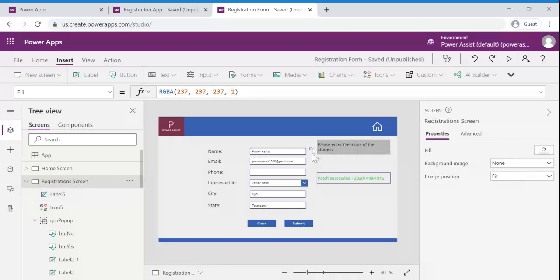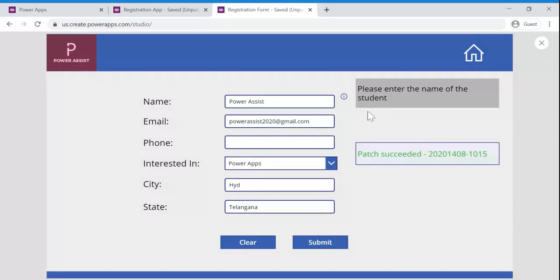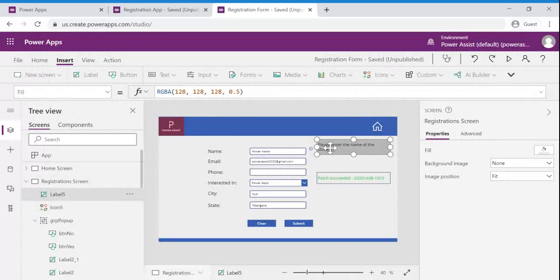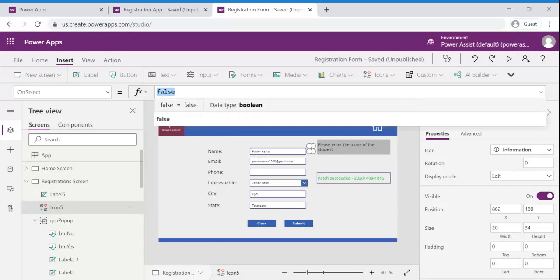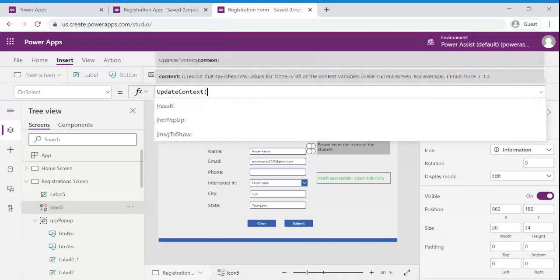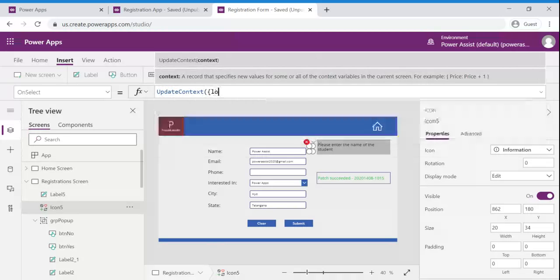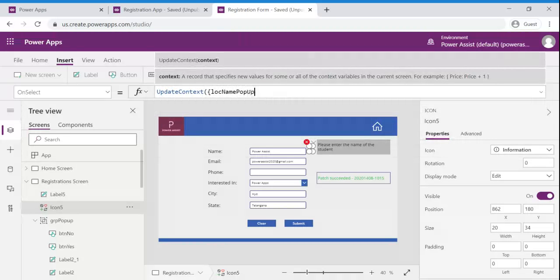Let us say when the user comes to the screen and clicks on it, we just want to pop up this window for the user's reference on what to enter. So in order to update this, on this particular button click, let's do one thing. Update, let us take the variable as usual, local name pop-up.